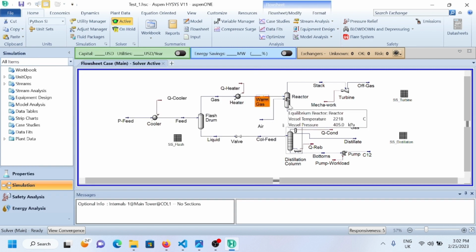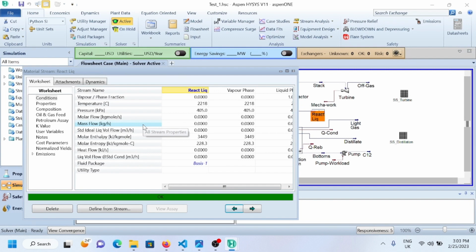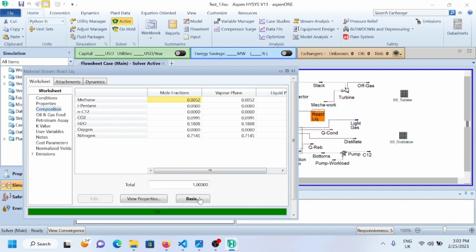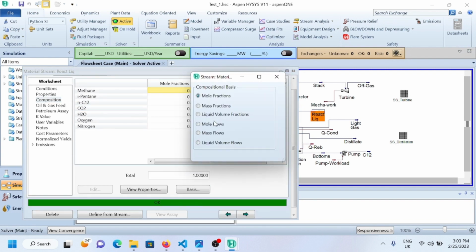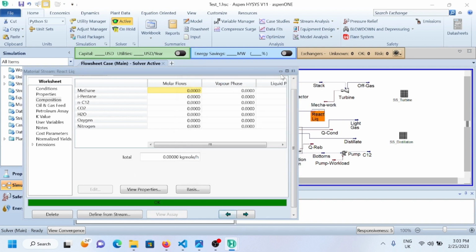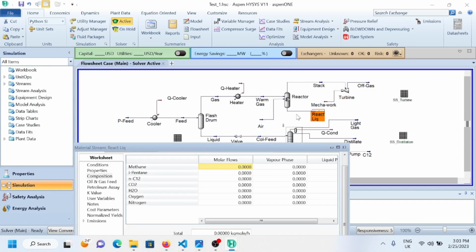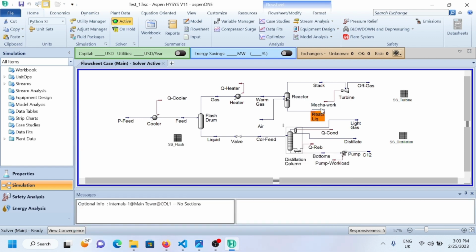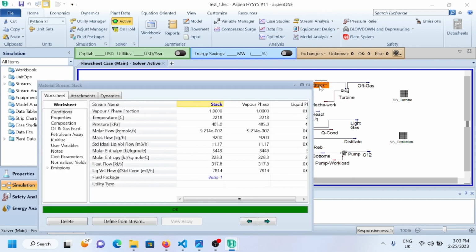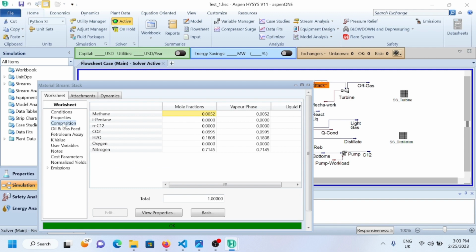This reactor is the reaction between air and the gases, and after the reaction we are getting two products. One is a liquid, one is a stack gas. So if you look at the liquid product, this will contain mostly the products of the reactions. Because most of the reaction in this particular case is a gas phase reaction, we are not getting any liquid as a product. Whereas if you look at the gas stream,